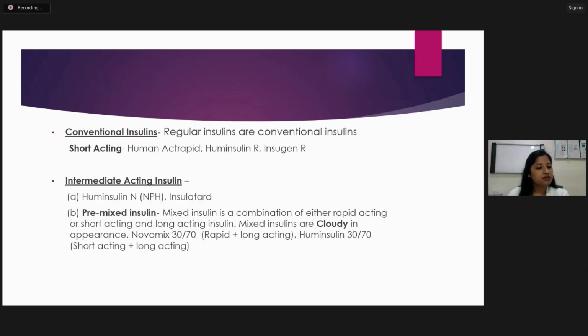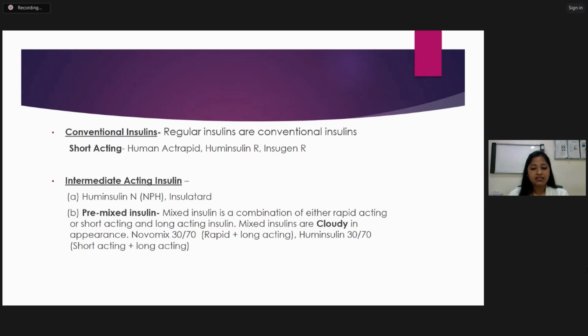Another form of insulin is conventional insulins. These are regular insulin, short-acting insulin. Some of the short-acting insulins are Human Actrapid, Human Insulin R, Insugen R, and there are many other short-acting insulins available. Intermediate-acting insulins are Human Insulin N, that is NPH, Insulatard, and another form of intermediate-acting insulin is